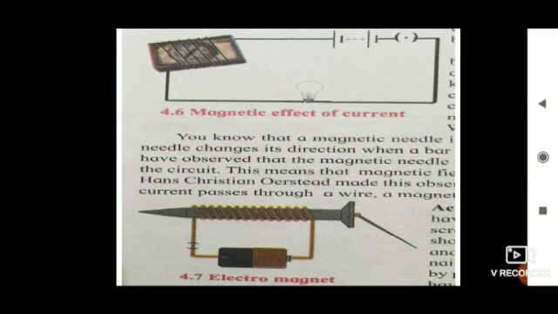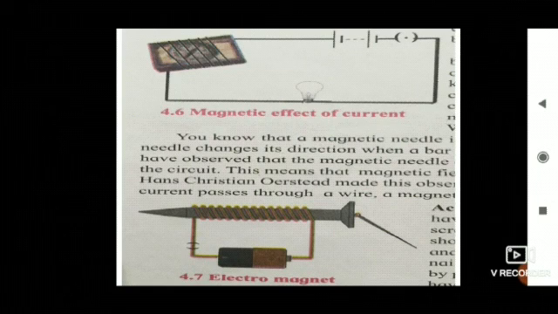In the above activity, if you reverse the direction of current by changing the electric cell connections, the magnetic needle will get deflected in the opposite direction. If you increase the current flowing in the wire by connecting two cells instead of one in the circuit, you will find that the angle of deflection increases. We know that a compass needle can be deflected only by a magnet. Therefore, the experiment shows that a current carrying wire acts as a magnet.